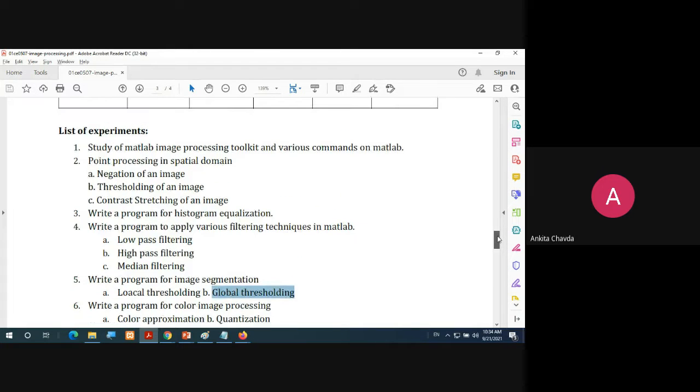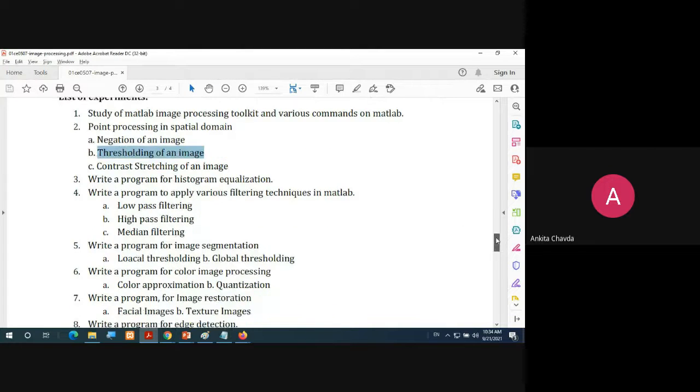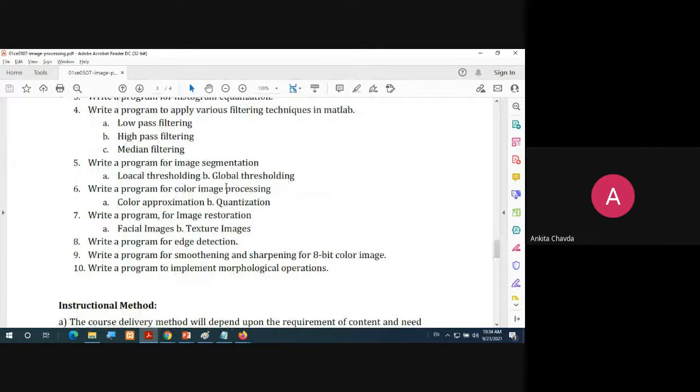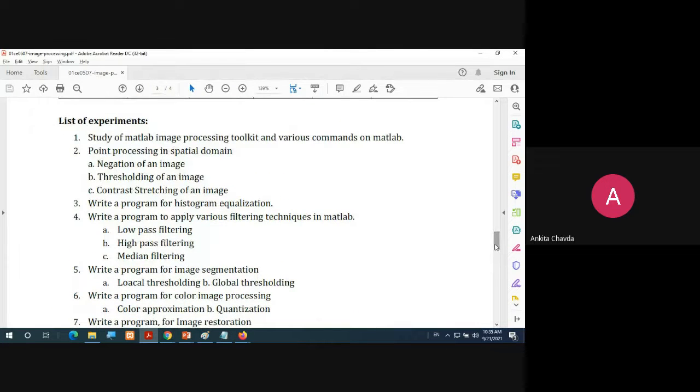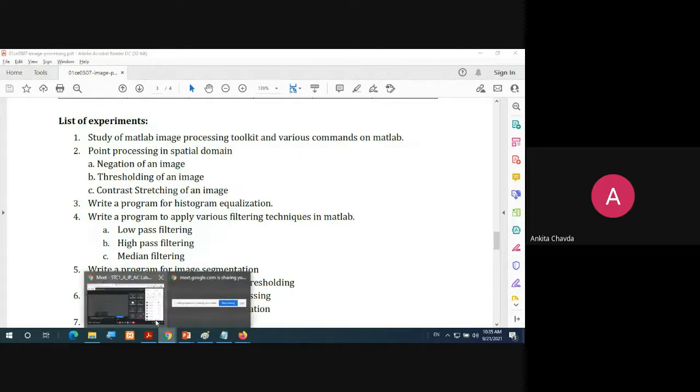The manual thresholding of an image we have already done, so this time I am showing you the built-in function. We have seen edge detection both with and without built-in functions, and morphological operations also with and without built-in functions. So all your practicals are done from my side. Okay, is this clear?